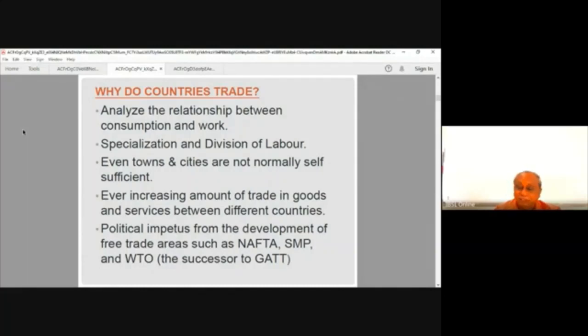And because of the ever increasing amount of trade in goods and services between different countries, this is going to be a continuous thing, right? And the other thing is, due to some political impetus from the development of free trade areas, such as NAFTA, SMP, WTO, SAARC, people are compelled to do international trade,